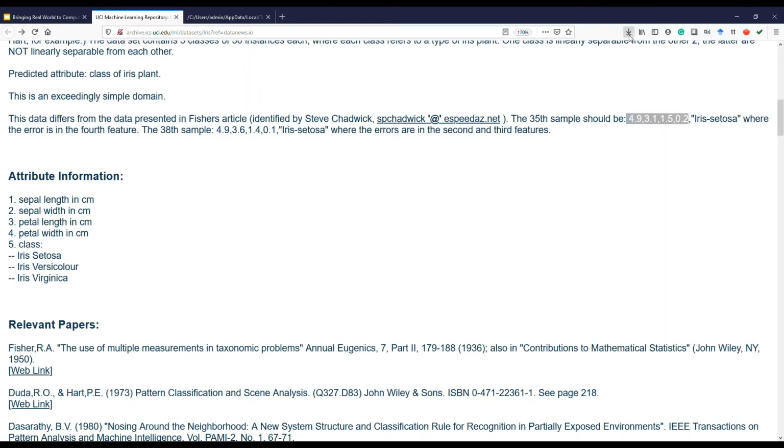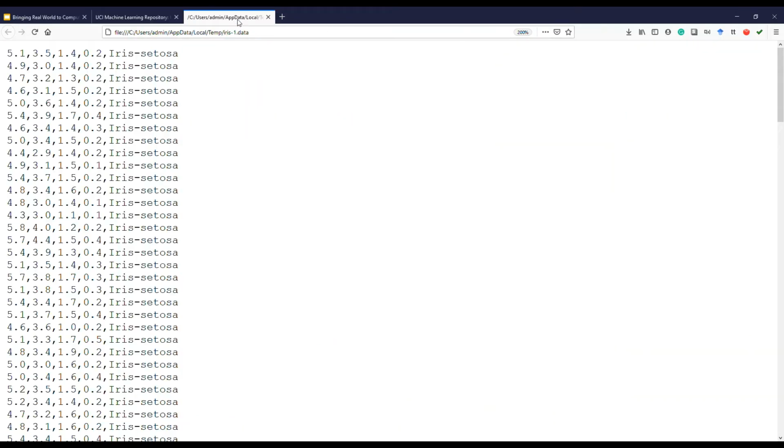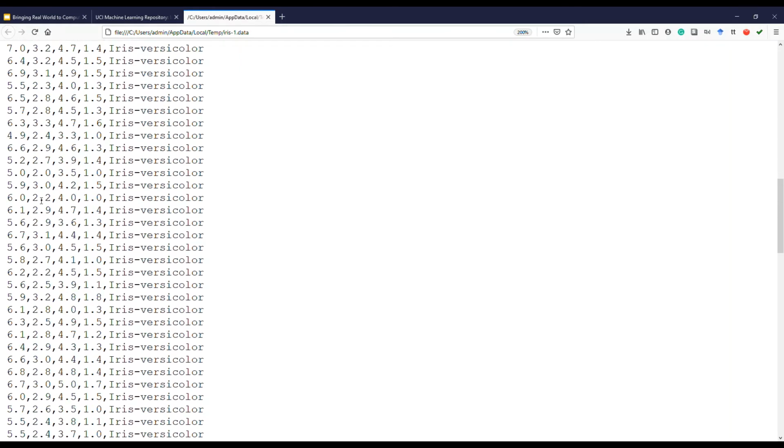Looking at that particular sample, you can actually see the sample within here. This is the data set that you look at. So any sample you pick, the first value is referring to sepal length. The second value is referring to sepal width, petal length, and then petal width, and then the type of the flower for which this description is there. So this is the description, and given this description, this is the flower. This is the species which we are talking about. So that is how we describe the data set.